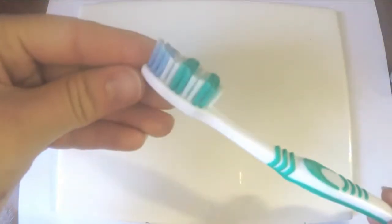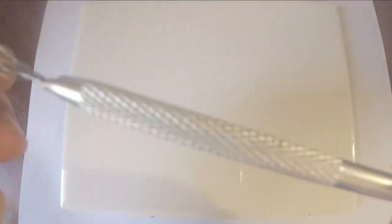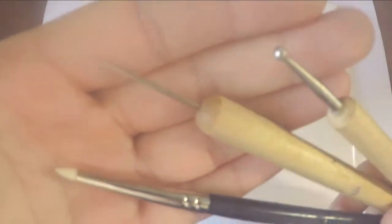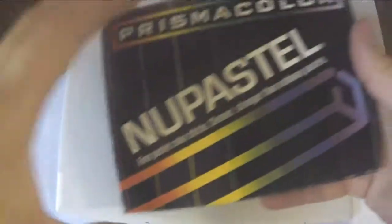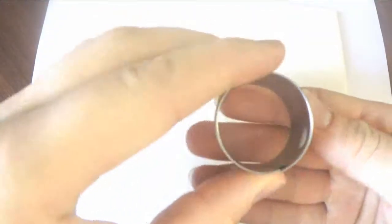For this project, the tools you'll need are an acrylic rolling pin, a toothbrush, translucent liquid Sculpey, a cutting blade, a wire brush or something that has this waffle type texture on it, various needle tools, some pastels, a circular cutting tool, some aluminum foil,